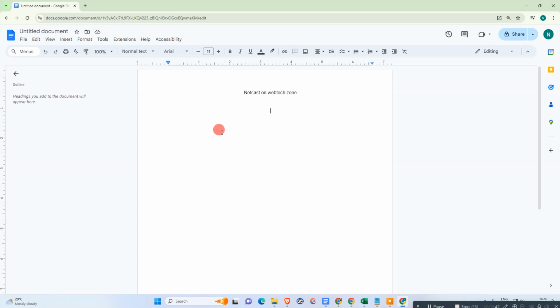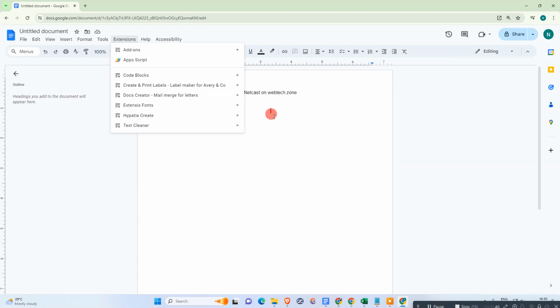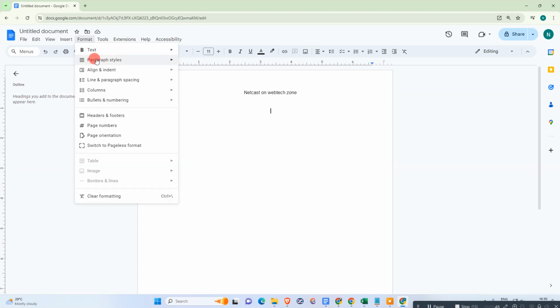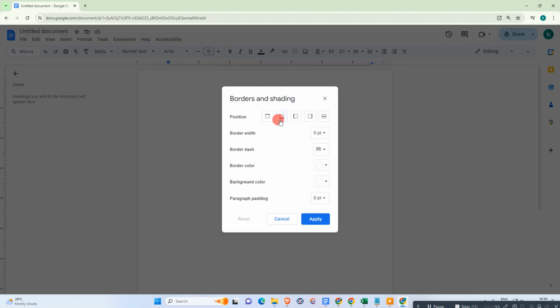Okay, so you can use the format called shading. Just go to the format, go to the paragraph style, and here you can see the borders and shading. And there is a position, we can select any position, but now we are looking for the horizontal line. So if you want to write above the horizontal line, you can select this, and if you want to write below the horizontal line, you can select this. So I'm going to select this second option,